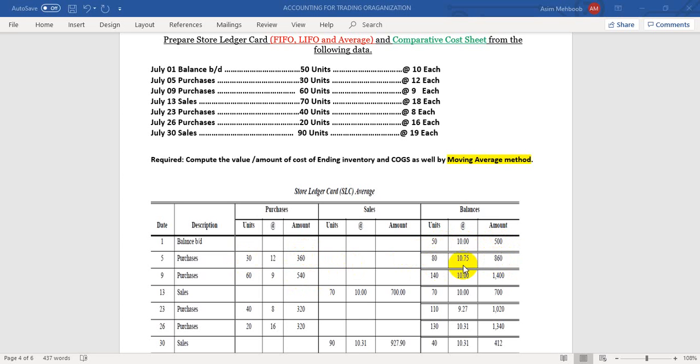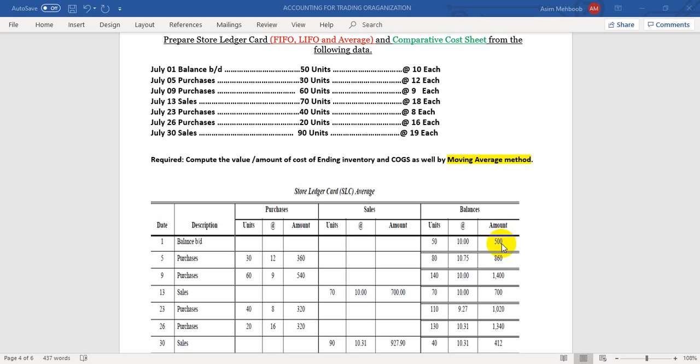What you have to do is total cost divided by total units, so you will get 10.75 as the per unit cost. I repeat again, it's very simple to understand. So you had unsold units of June, which are the beginning inventory of July, and you just purchased on 5th March. So 50 was the last unit, you purchased 30, so 50 and 30 become 80 units now.